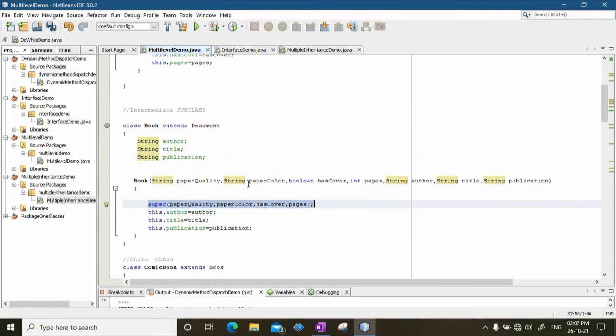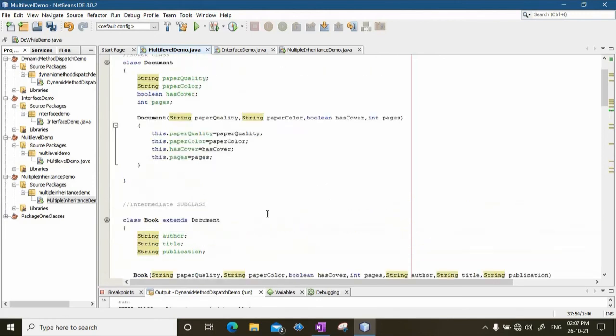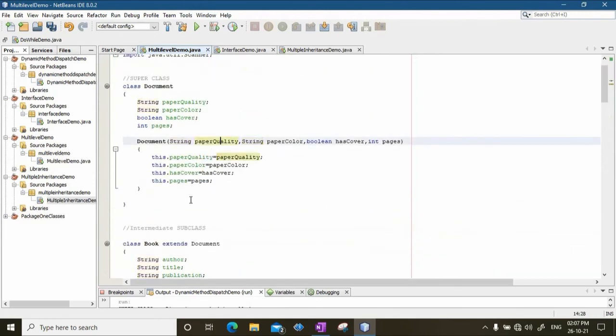Out of those 7 values that are transferred, the first 4 values, paper quality, paper color, has cover and pages, will be passed to its super class. Okay, book, which is the super class of book? Book has document as its super class. So, all this will be passed to the document class. Then the control passes to the document class's constructor.